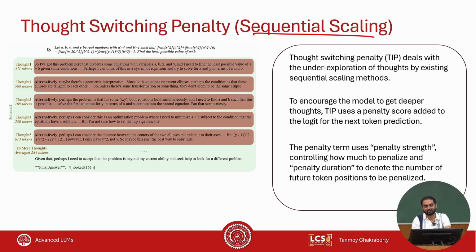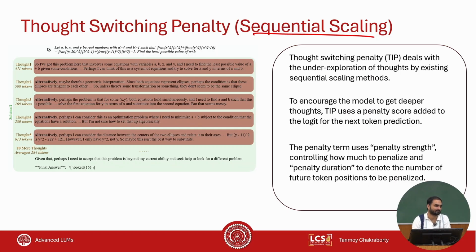So the idea is that they came up with a penalty. Now this penalty is added to the logits. Let's say, hypothetically, that so far whatever you have thought, the confidence was very high, the probability was very high. At that time, if you suddenly start thinking in a different direction, or you produce a different token altogether, that is bad. If that happens, the model will add some penalty to the logits, not only of that token, but also subsequent tokens,